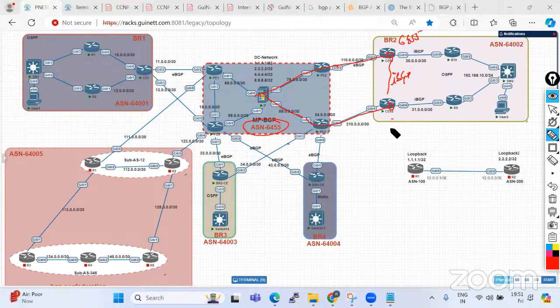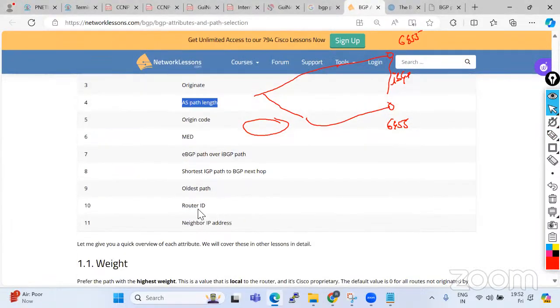6455 here. It is also going to come 6455 here. One AS. So both having the same AS distance, means the same AS included in the prefix length. So they are not going to select based on the AS. They will go and select the further attribute. Might be they are going to select to install the route based on the oldest route, router ID and the